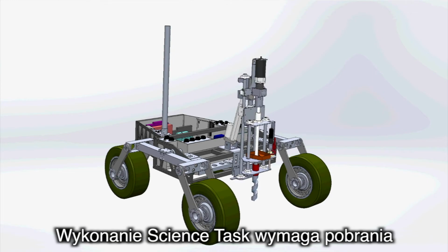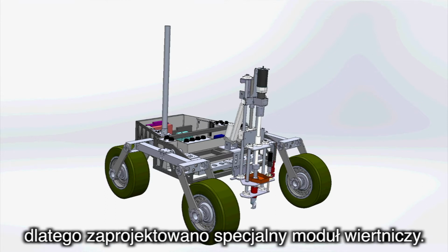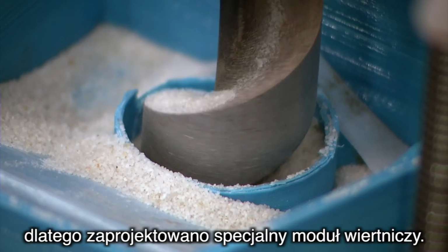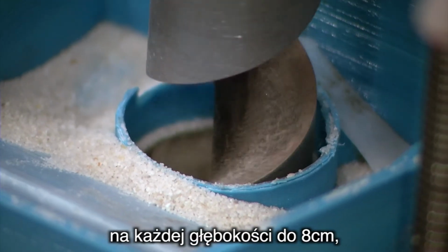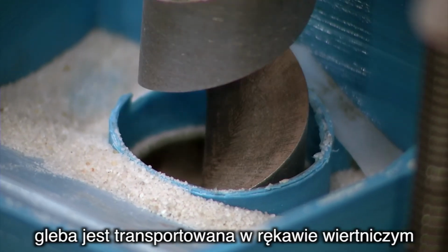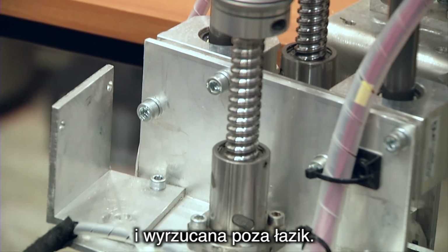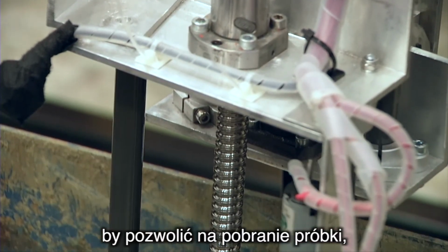To complete science tasks, Scorpio X has to collect samples of soil from the contest site. To do that, a drilling unit was designed which is capable of isolating required sample from any depth up to 8 cm. During drilling, soil is transported vertically through a sleeve and ejected from the rover. When desired depth is reached, the ledge is lowered on the sleeve so that the soil can be contained in